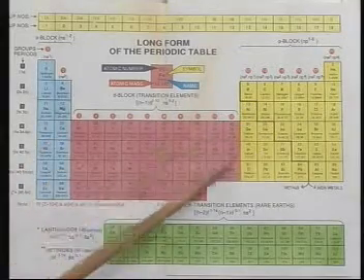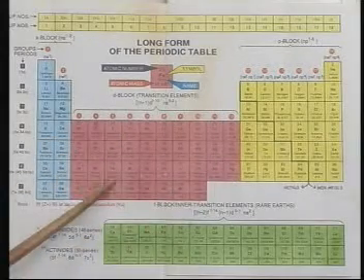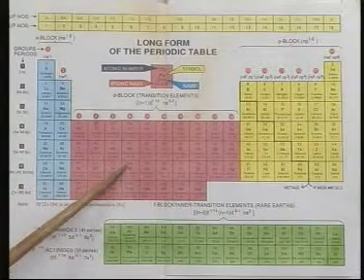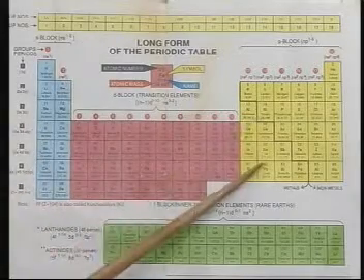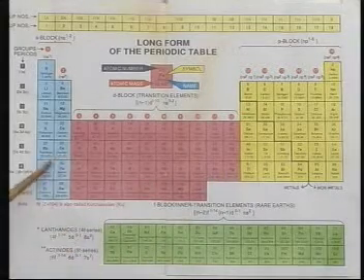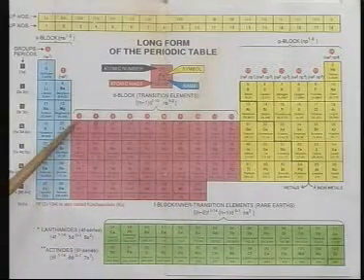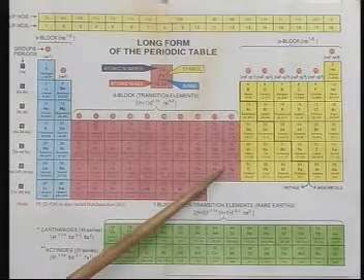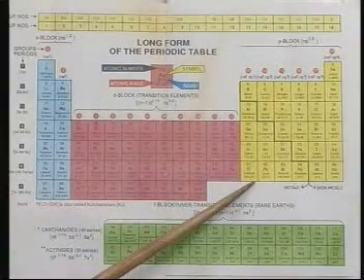Now we should look at these elements here, all in pink, which are called the transition elements. As it is clear, the transition elements lie between the S block and the P block elements. They show the change in the properties from the S to the P. These elements from groups 3 to 12 are called the transition elements because they show the change of properties from the S block elements to the P block elements.